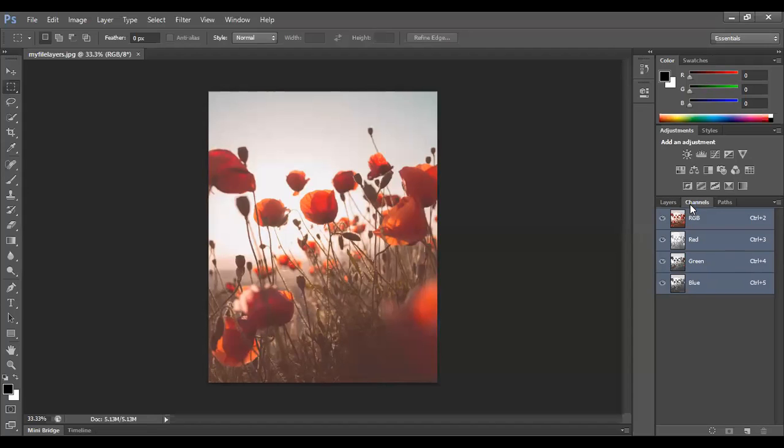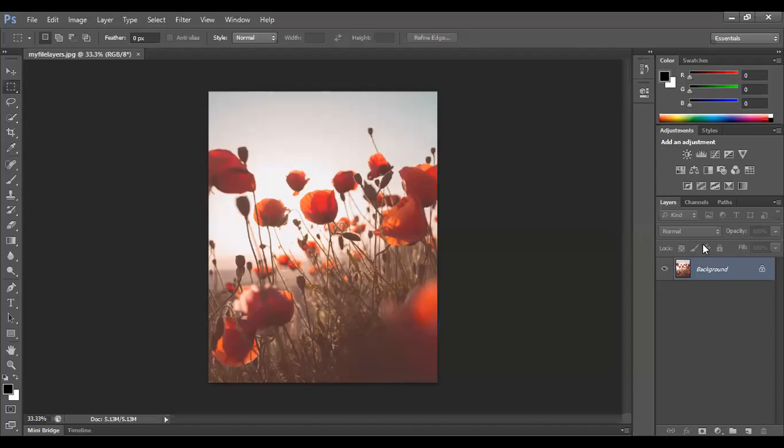Great. Okay, now let's try to do something up here. I just explained to you what layers and channels are so far. Now I will show you the basic tools of magic editing which are there in Photoshop. What I want you to do is quickly duplicate the layer. Duplicate means create one more copy of the same layer so that I can work on it.